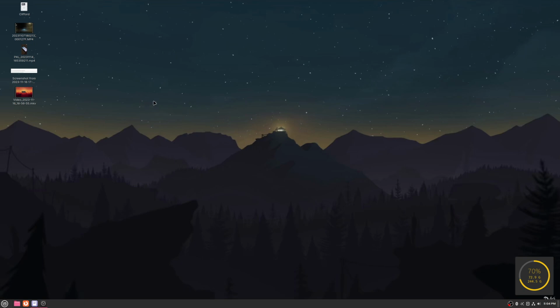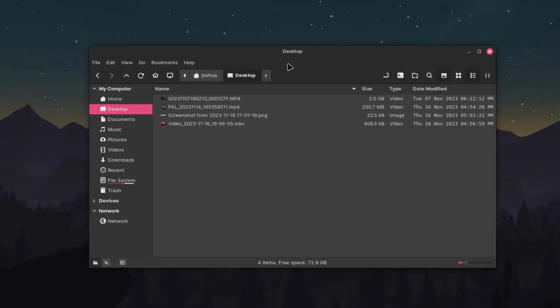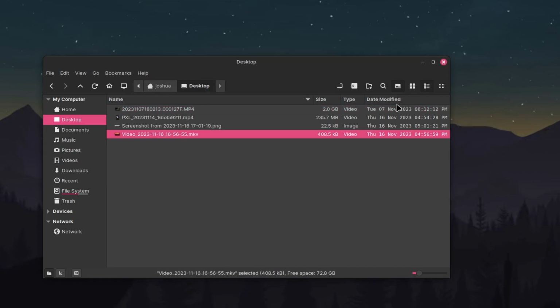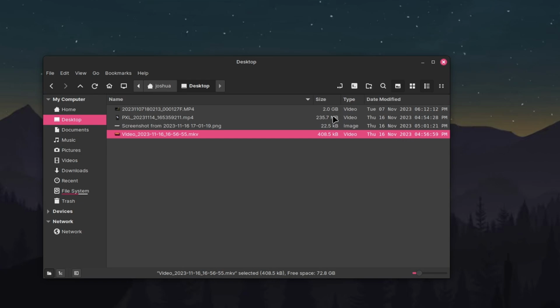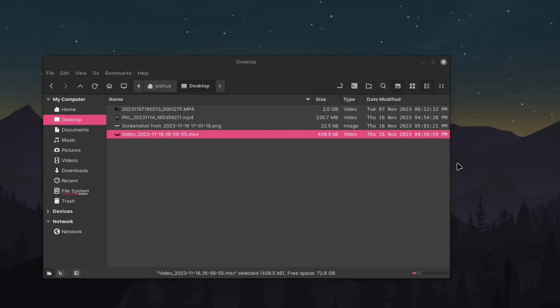So the first thing is the file manager. If we open up a file manager here, and let's just go to the desktop, if I click on any of these files that I have here, there's no details pane. You can switch between different views and stuff like that, and you can choose different things that you want to see, but you still can't really see a details pane,